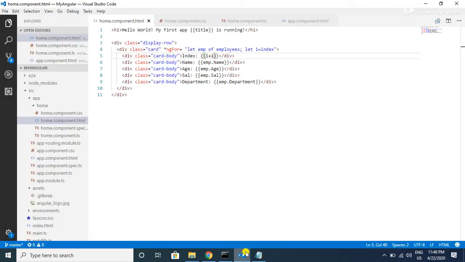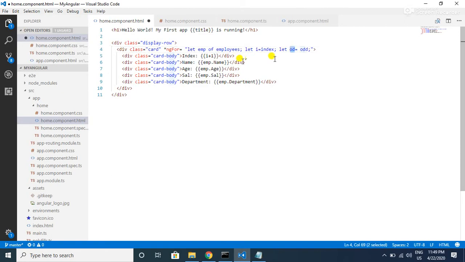Similar to index, we can also track the even and odd iterations using the odd and even boolean properties of the ngFor structural directive. To access that, the syntax is similar. Let odd is equal to odd, where this odd is a keyword and this odd is a variable. Let me have it as just OD, and this will give me the boolean variable.